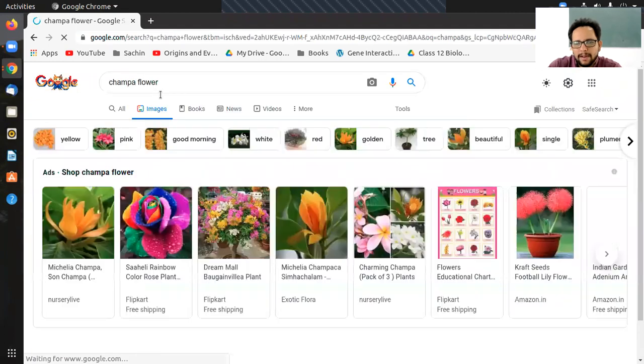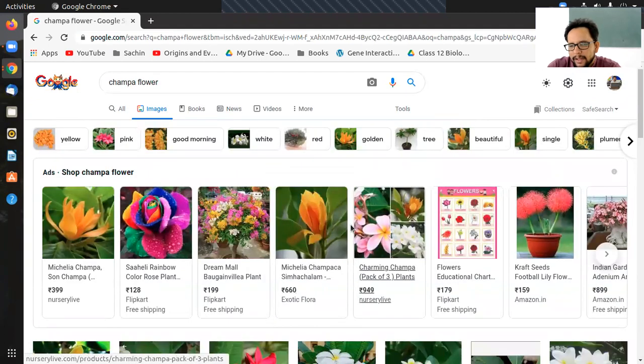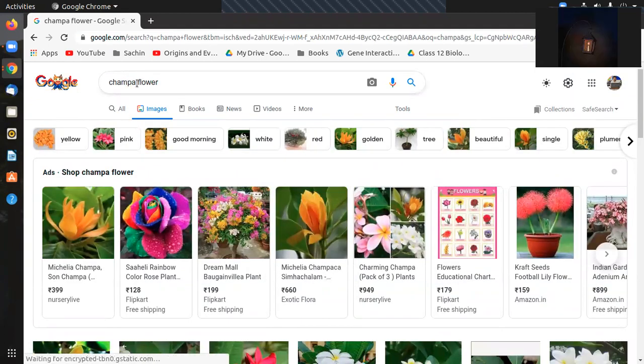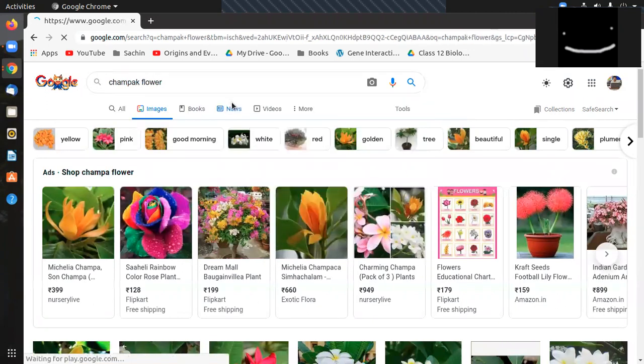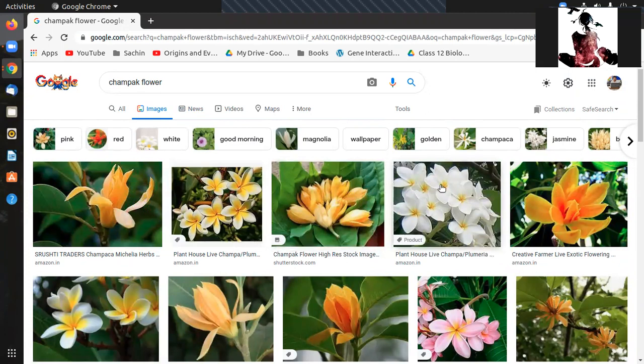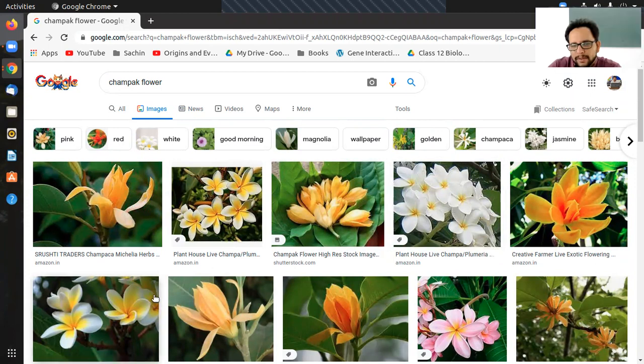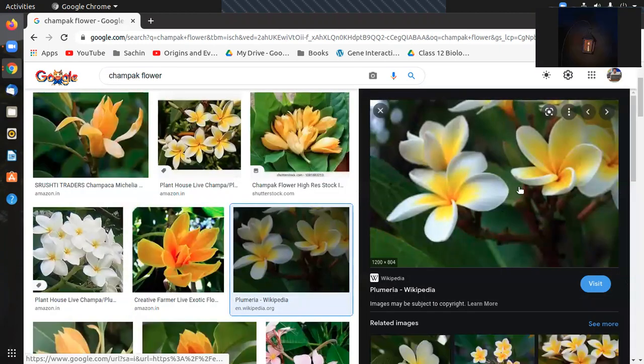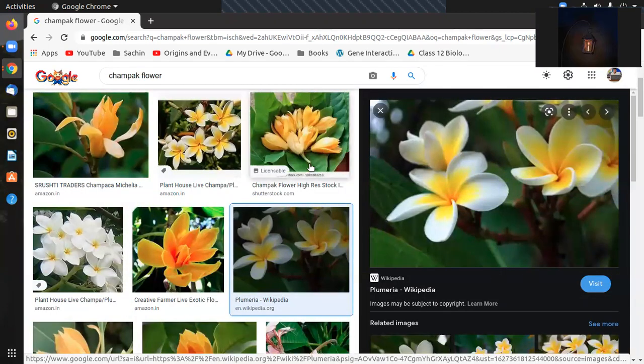Yeah, or champa flower. No, this is the... Can you go back a little? I think they mean maybe frangipani. That one, there's a photo. These ones. No, the fourth one. Not the orange ones, I'm talking about this fourth one. The white one, or the sixth one. Yeah, I think the amount of yellow varies, but it's generally a bit less.